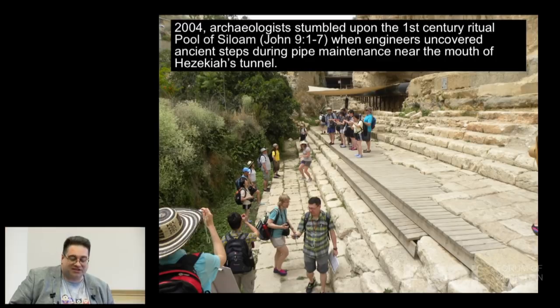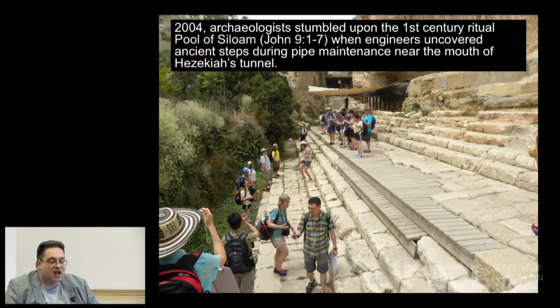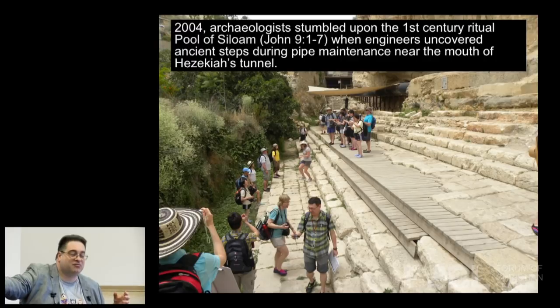This is a more recent discovery of another pool, a ritual bathing pool, the Pool of Siloam, mentioned in John chapter 9. They were doing some digging to do work on the drainage system in Jerusalem, and they stumbled across not a series of small walls this time, but a series of small steps. And they kept digging it up, and they found 2 sides of the steps leading down into this ritual bathing pool, which is filled by water that comes through Hezekiah's tunnel. And we'll come back to Hezekiah's tunnel when we do some Old Testament stuff later.